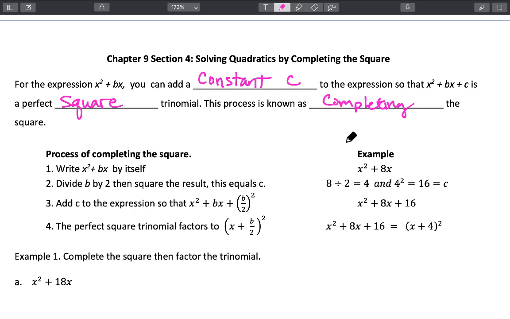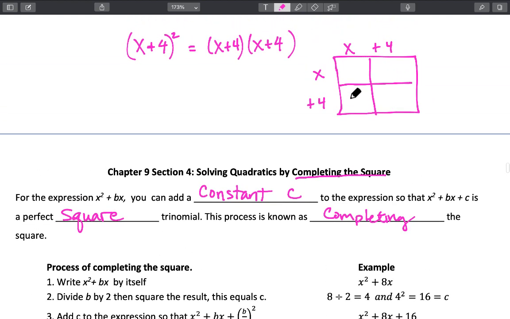Section 4. Today we are taking a look at solving a quadratic by this process called completing the square. So we've looked at solving a quadratic by graphing, we've looked at solving a quadratic by using square roots. Today we're going to use this technique called completing the square. Before we jump into some examples, I just want to go back to a previous example that we've done, and